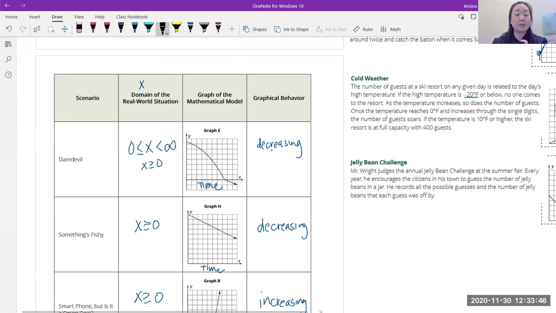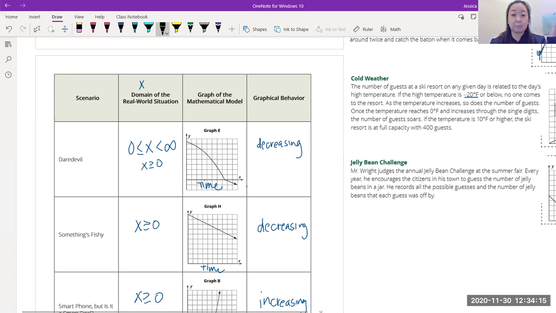There's one more thing I want to add on here, which is whether it's continuous or discrete. Is the data continuous or is the data discrete? And so the daredevil, remember, it was Grayson, he was jumping off a cliff, and then he goes in the water, and he continues to descend. And here remember the X value starts at 0 because this is time. It starts at 0 and it goes all the way to